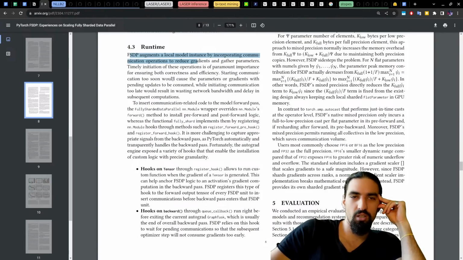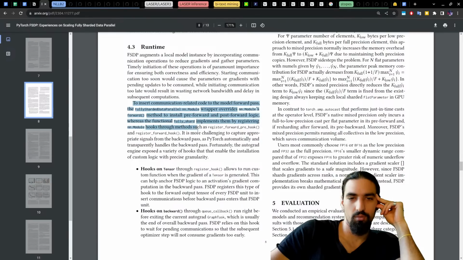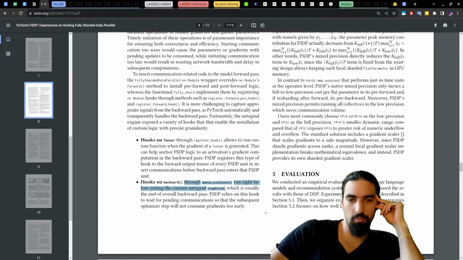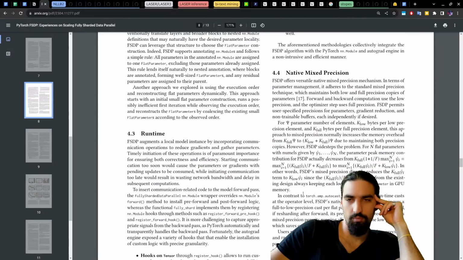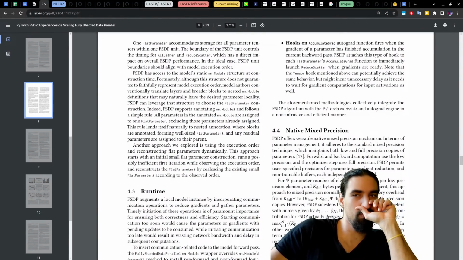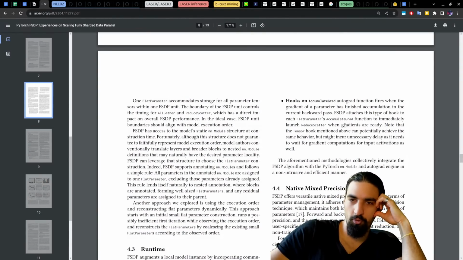Timely initiation of these operations is of paramount importance for ensuring both correctness and efficiency. Okay. Focus on backward. This is just how they implement the prefetching for forward and backward.